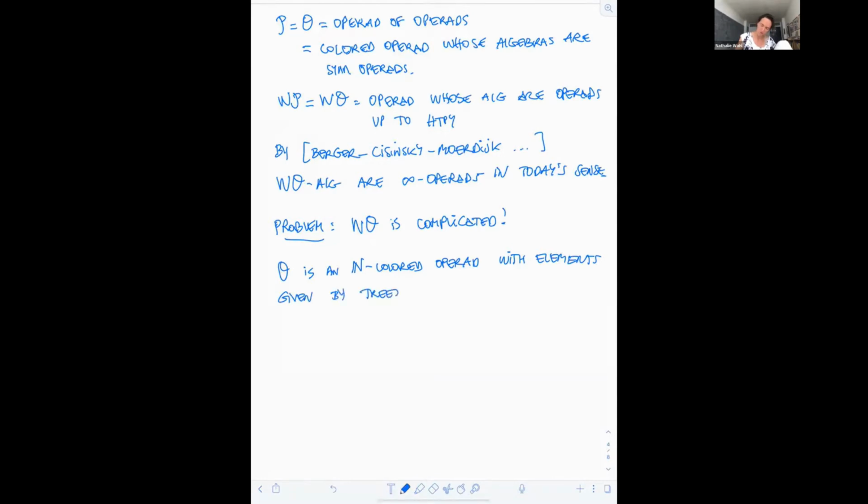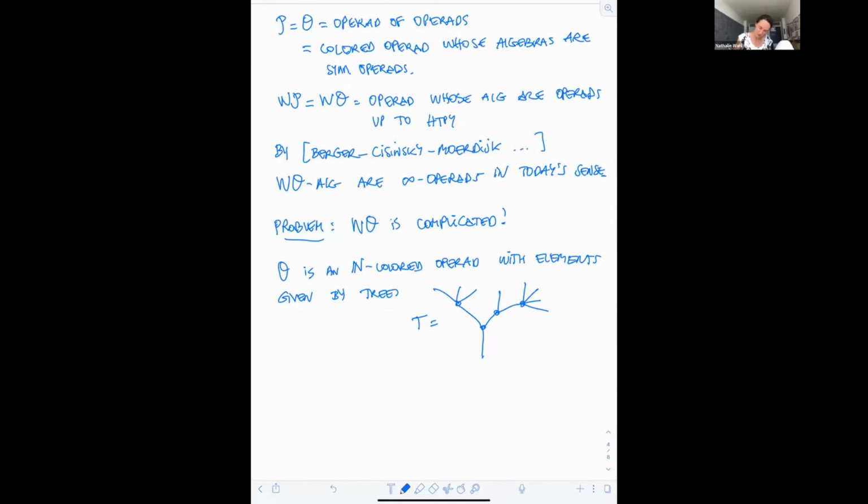So when you think of a tree T, if I give you a tree like this,